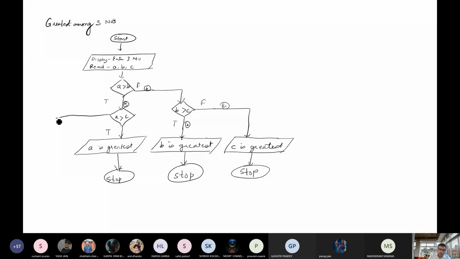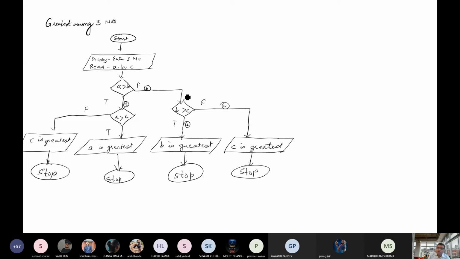If this is false, okay, so what will be the answer? C is greatest. Correct. So now clear to everyone? Any other condition remaining?